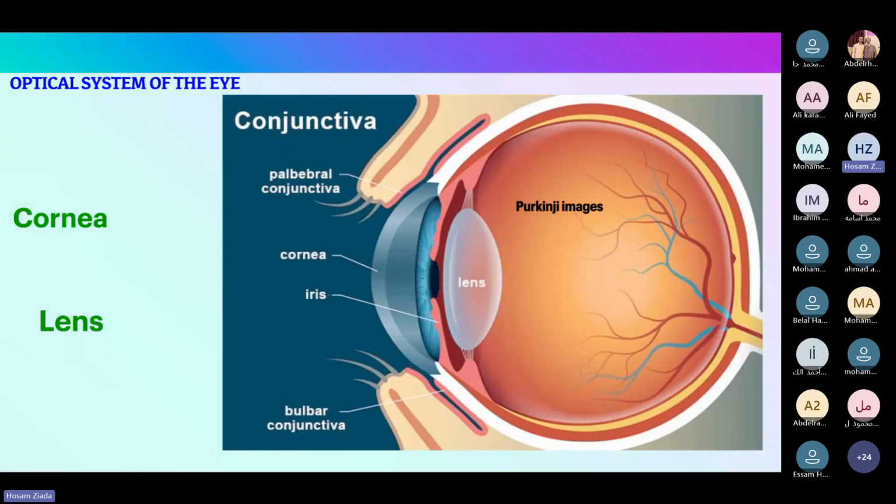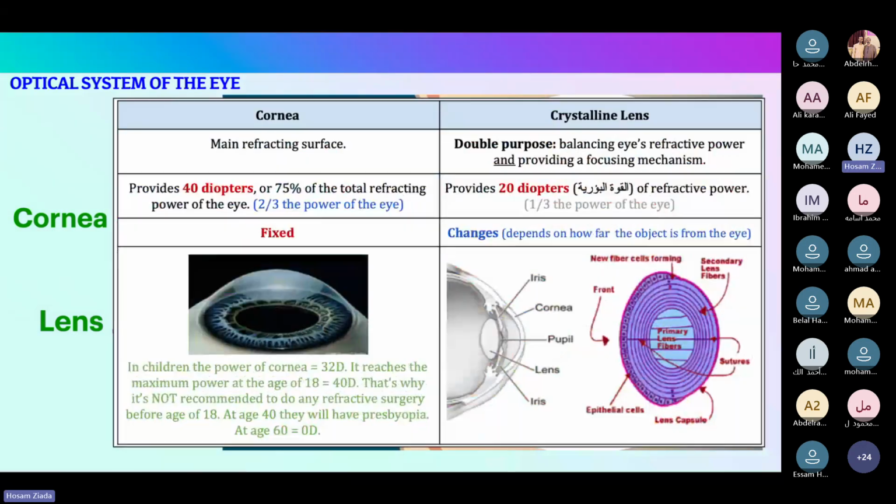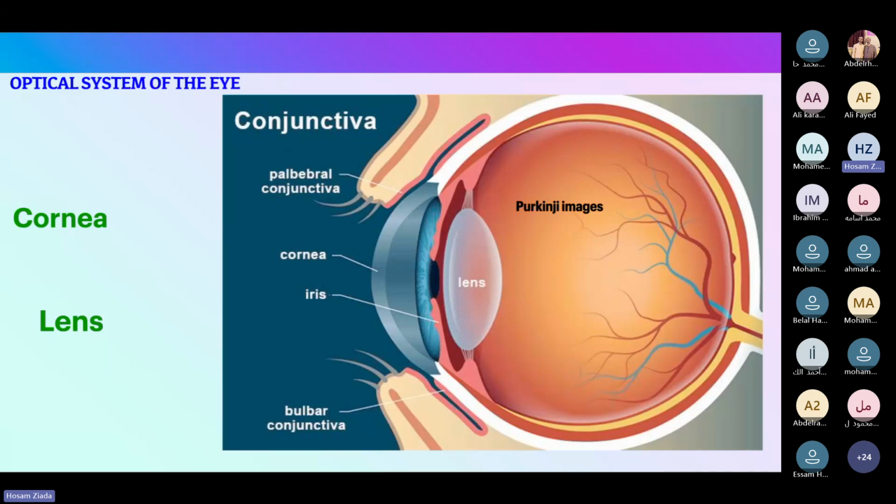Again, this phenomenon I told you about, the reflected light, is the same as what's called Purkinje images. You know the Purkinje image phenomenon, that the reflected light from these surfaces will give you a mirror image on these surfaces. I drew this pathway of the light reflection for all of you. But before going to the Purkinje image, if you put an object in front of the eye, like a